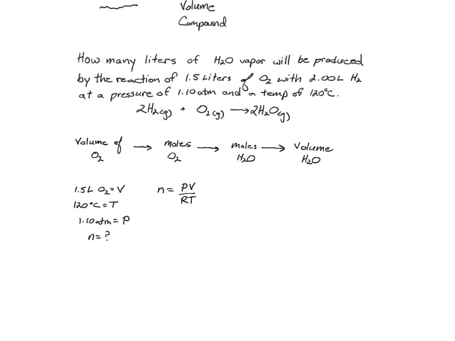Of course, we have to remember that our units have to be the correct units for our gas constant. So instead of having degrees Celsius, we have to convert to Kelvin. Okay, and that works out to be 393 Kelvin. So now we just plug these values in. So we get